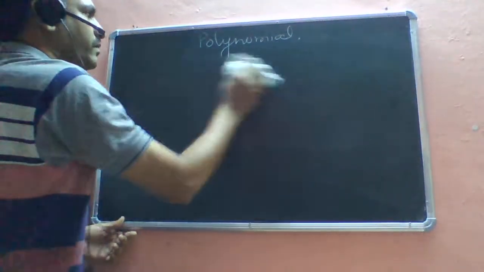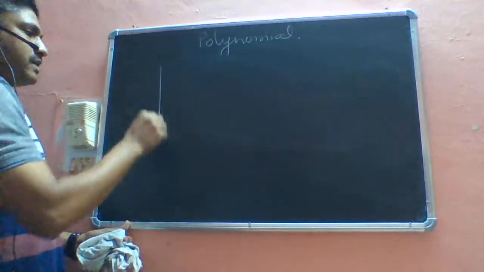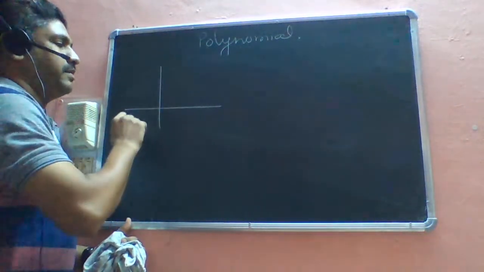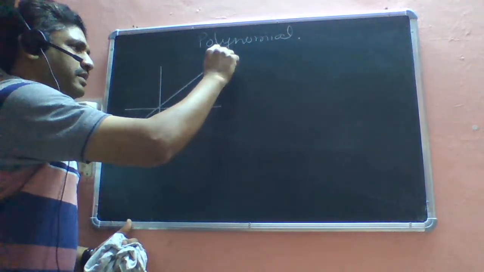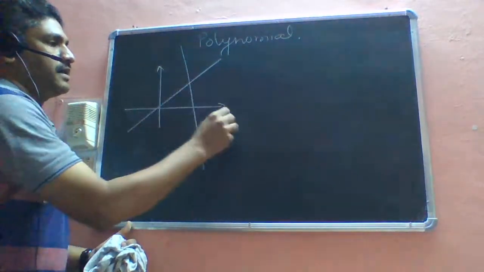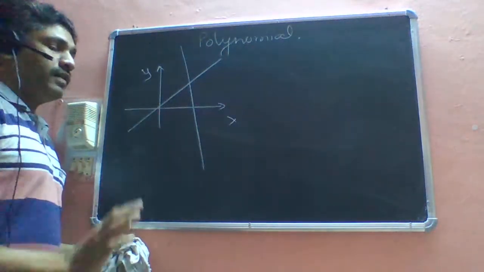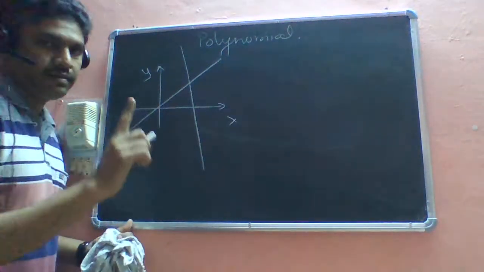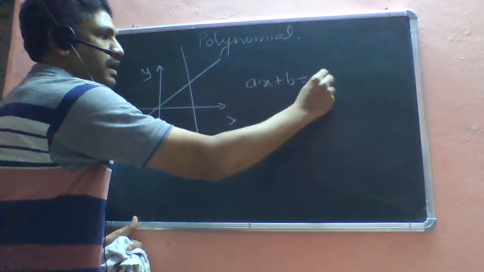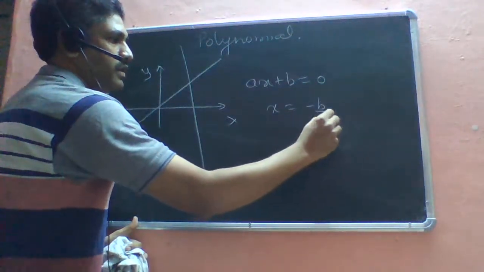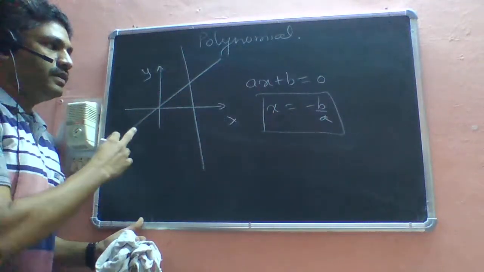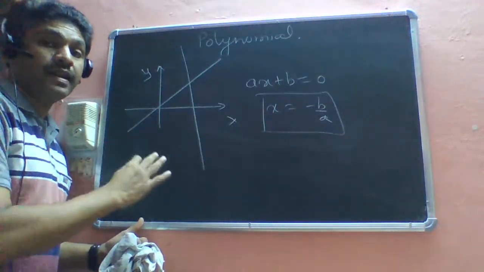So as we know, if you draw the graph of the linear polynomial, you will come to know that the graph is a straight line, either passing through origin or may not be passing through origin. Suppose this is the x-axis and this is your y-axis. So definitely your graph is going to touch the x-axis at least one time. This is the standard form ax plus b equal to 0, and there is only one solution, x equal to minus b by a. The value of this is the value of x, and the graph of the linear polynomial is always going to be a straight line.